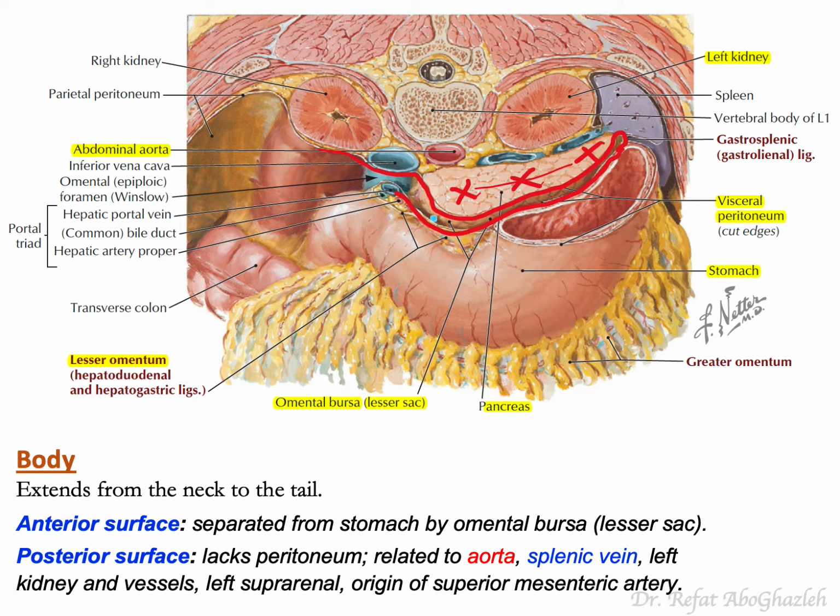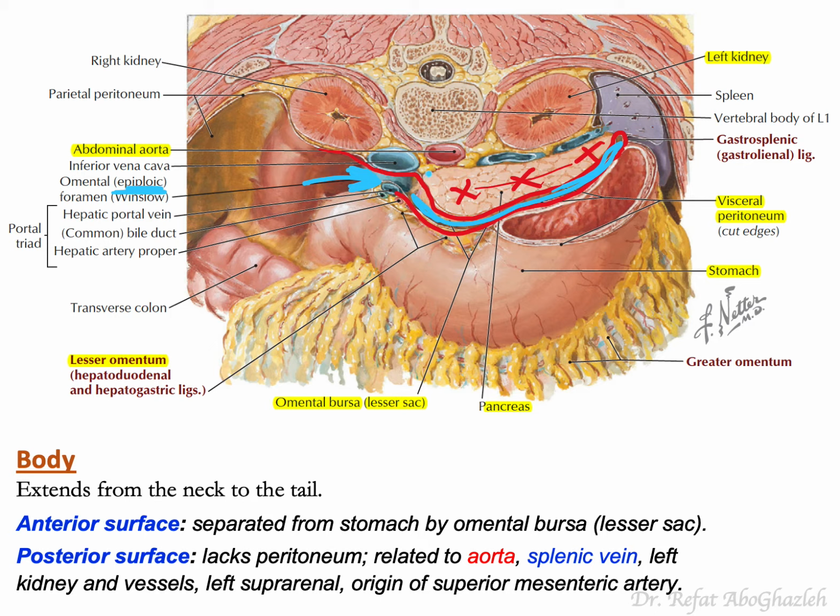So this space separates the pancreas from the stomach anteriorly. You can insert your finger, as I told you previously, in this opening. This opening is the foramen of Winslow, or the omental or epiploic foramen. Epiploic foramen. You can insert your finger here. Anyway,